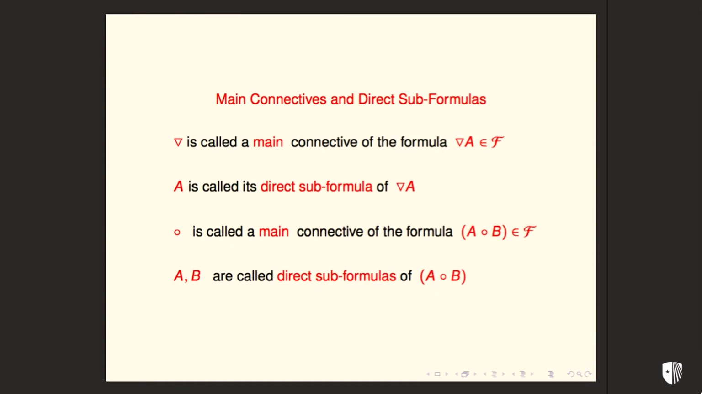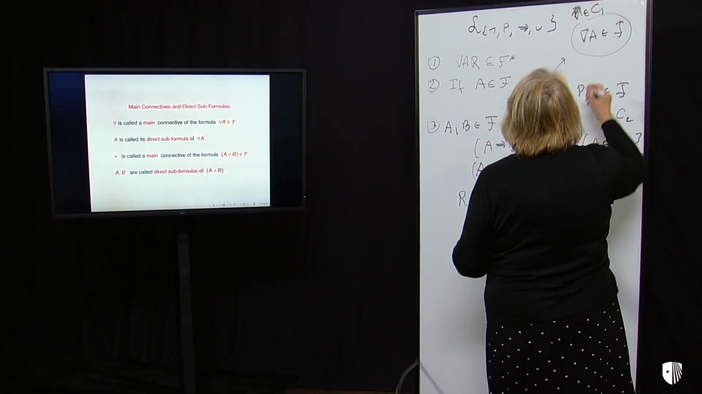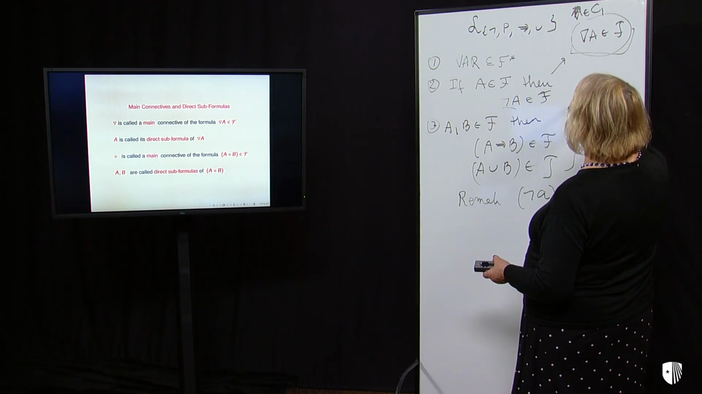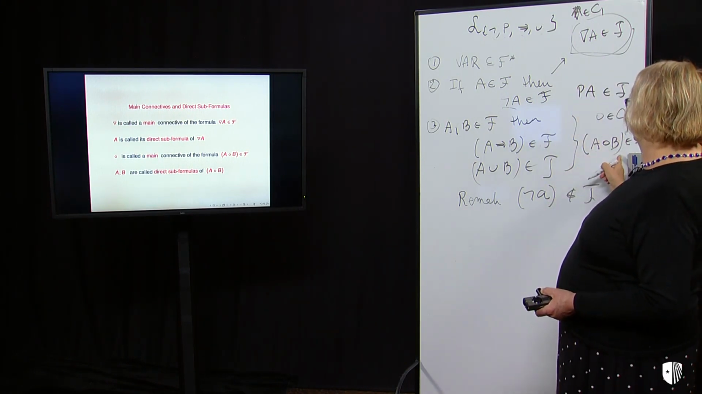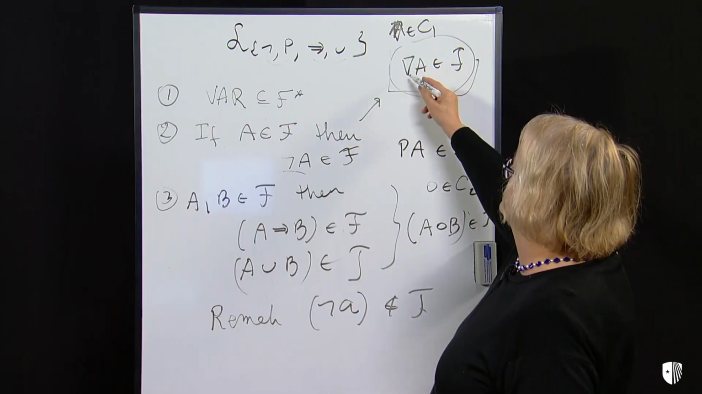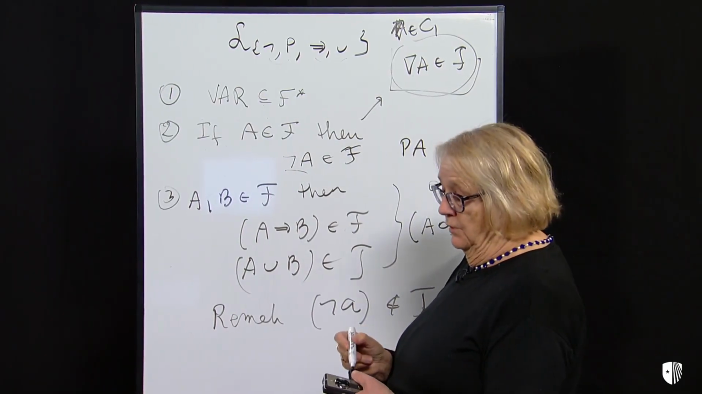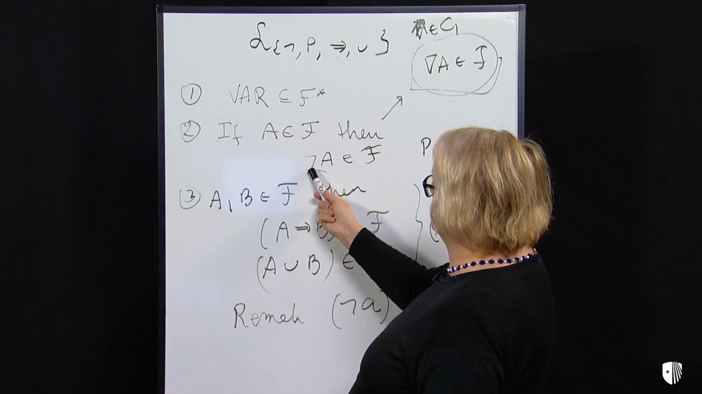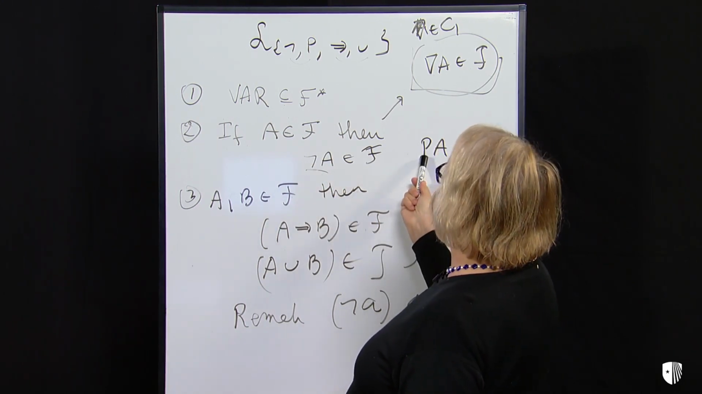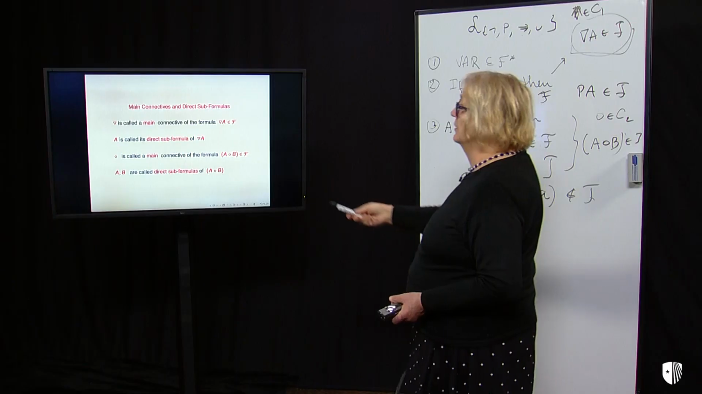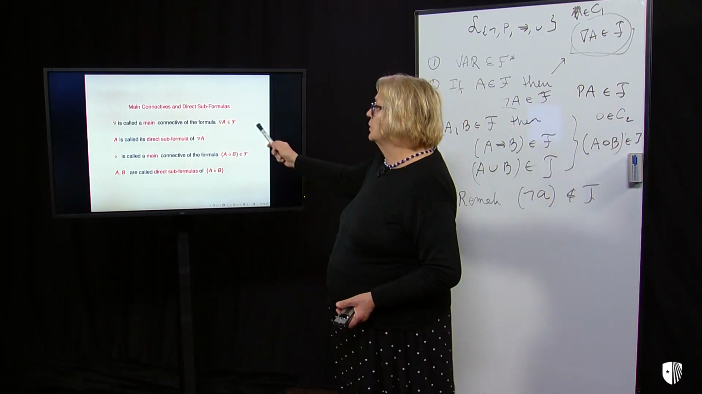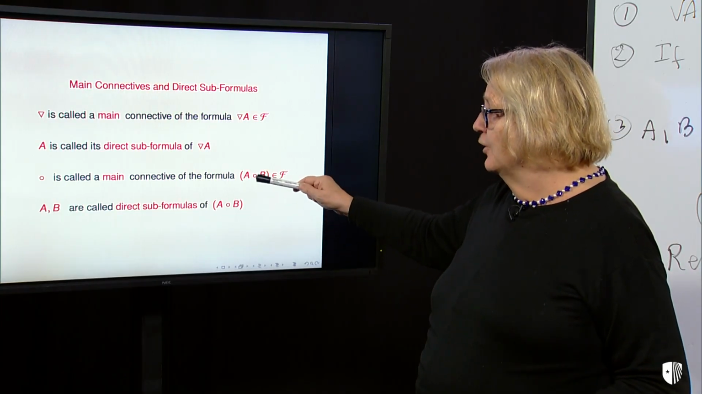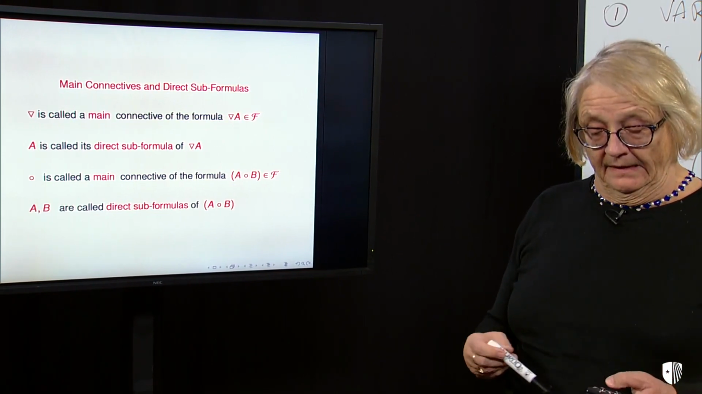So if you have a formula of this type, you have two formulas. One is of this type, this is an example, and the other is of that type. This is called the main connective. So this negation is the main connective. Here P is the main connective in general. That is the main connective in the formula. And A is called the direct subformula. And you can see, if you have a binary connective, the main connective sits inside, and this is nicely